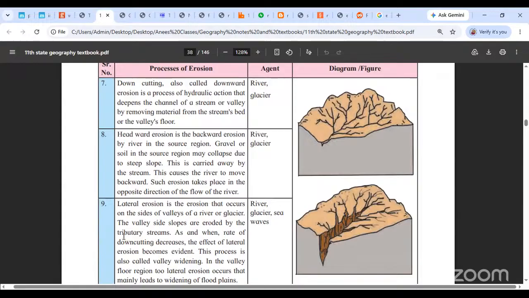All right, ठीक है. Headward erosion is a very specific erosion. Say, let's say the river started from this point. Okay, this is where the river started from, and this is the downslope movement of the river. Okay, due to some reasons, sometimes because the gradient changes over here, or because there is a lot of rainfall, instead of moving downwards, instead of starting the erosion in this fashion, sometimes it goes backward. Okay, जहाँ से शुरू हुआ था, वहीं से पीछे पीछे की तरफ, from that point onwards, the river will go and start eroding backwards. Okay, this is called as headward erosion. Okay, ये type का erosion जो होता है, it's a little rare and it is called as headward erosion.